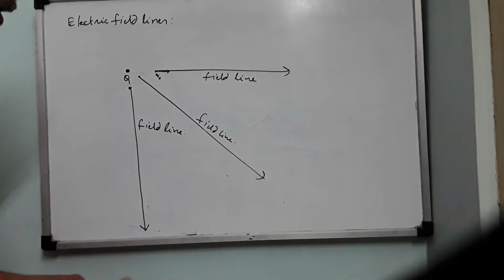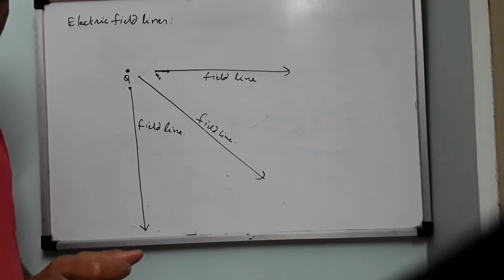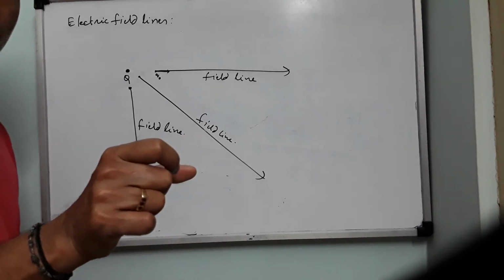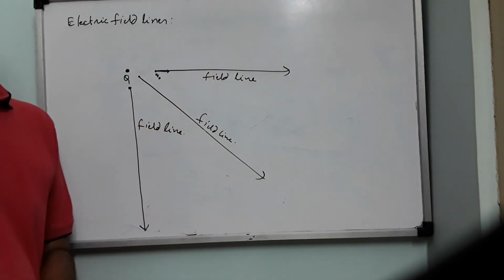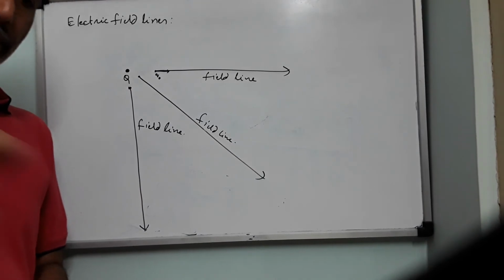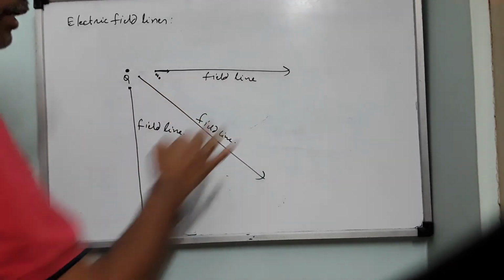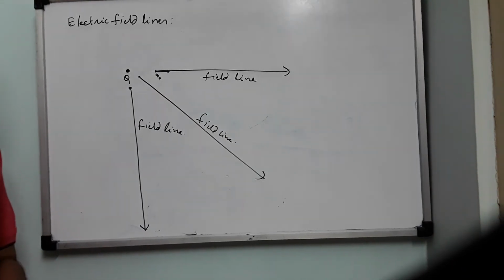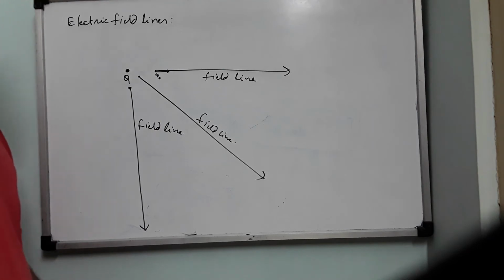So how are you drawing these field lines? You have drawn magnetic field lines for a compass in class 10. There is a bar magnet, you keep it on a white paper, and then a compass is moved from North Pole to South Pole. You put 2 points on both the edges of the compass, and then you complete the line. As the compass needle moves, you are tracing a line. Same thing, as Q naught is moving, you are tracing a line. So an electric field line is nothing but a trace of the path of the positive test charge.